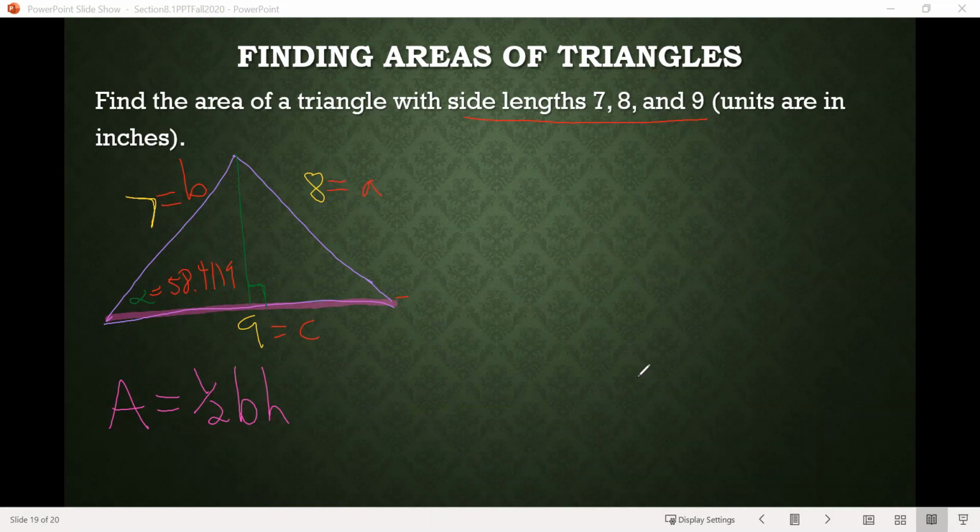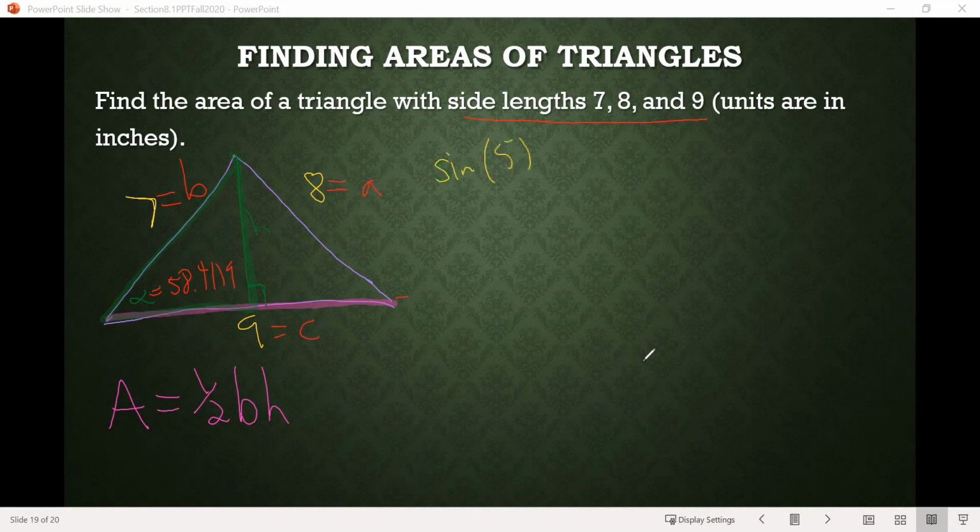Okay, so again, we need to find the value of h right here. And in this triangle I'm outlining in green here, that's a right triangle. You know, h is the opposite side, 7 is the hypotenuse. And so we can say that the sine